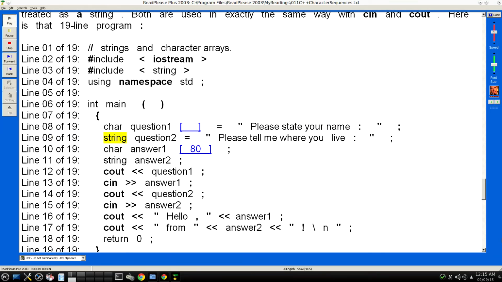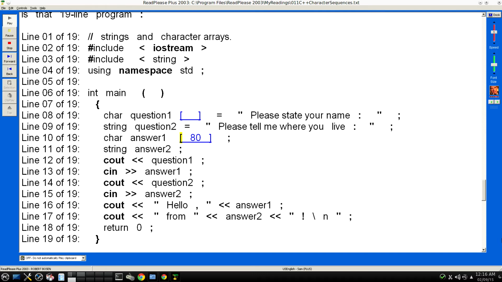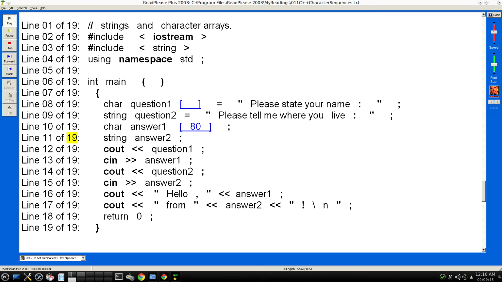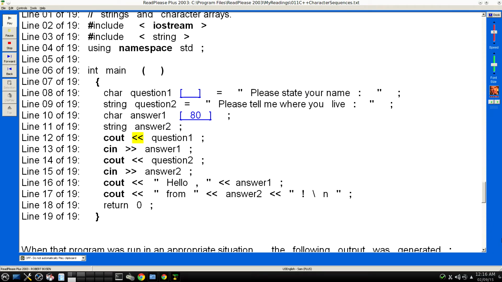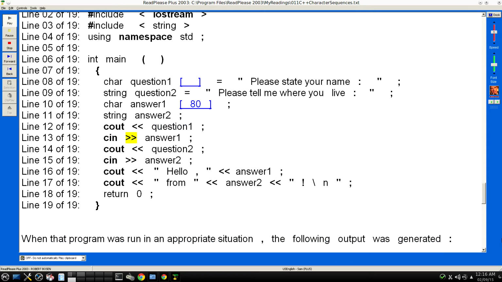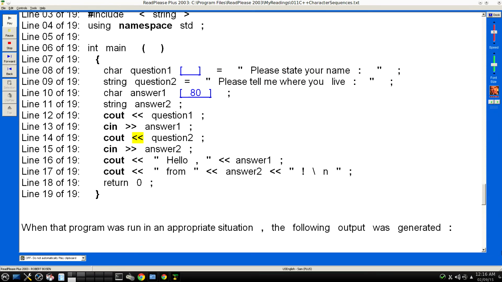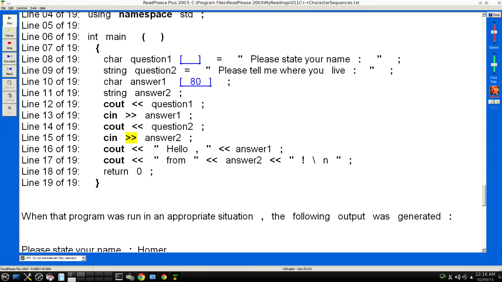Line 09 of 19, string question2 = "please tell me where you live: "; Line 10 of 19, char answer1[80]; Line 11 of 19, string answer2; Line 12 of 19, cout << question1; Line 13 of 19, cin >> answer1; Line 14 of 19, cout << question2; Line 15 of 19, cin >> answer2;